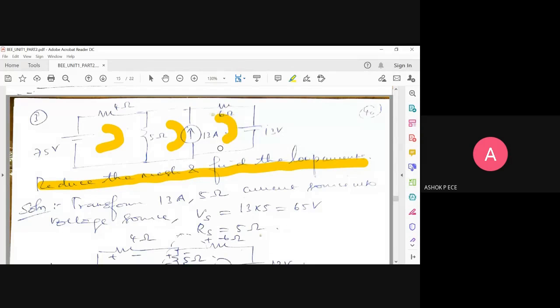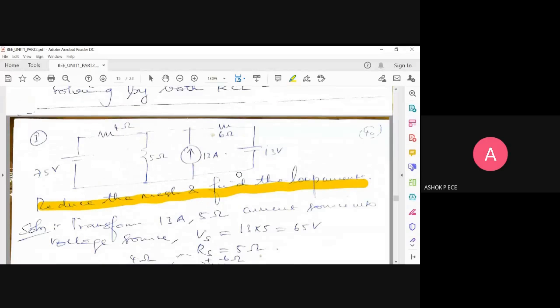So if you directly apply KVL, you have to apply KVL for each of the three loops, and you will get three equations. If you solve the three equations, you will get the value of three currents. But the question, see, they have given reduce the mesh. Reduce means you have to reduce. You have to make it one less, or reduce it to two, one less than the given in the question.